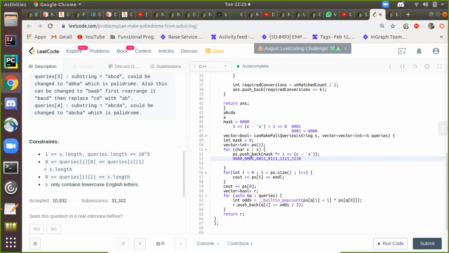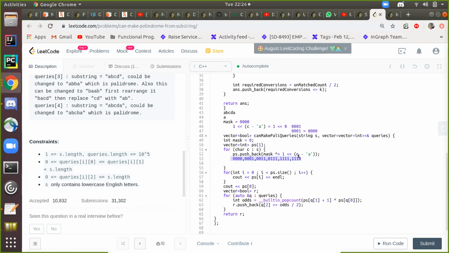Chunk is this. So we are XORing as well as clubbing. 7, 15, 14. And the last one is adding the values. Last is 14, 8, 4, 12. Yeah, it's correct. 8, 4, 12, 2, 4, 2. And second last is 15. Okay, correct. Fine. So this would be our PS vector.